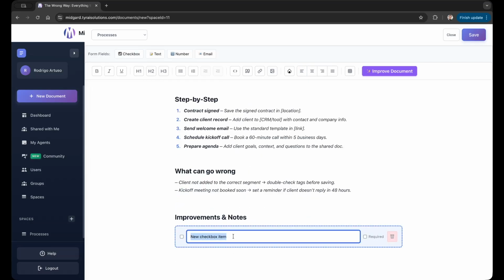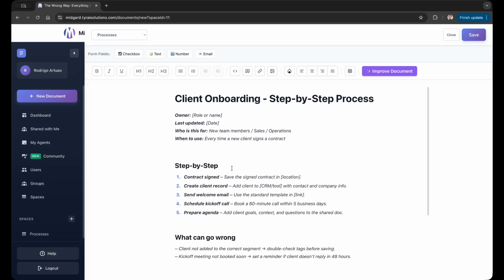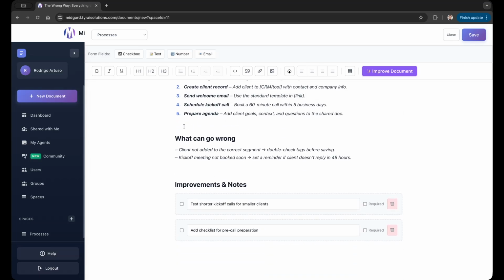I'll say my first checkbox will be test shorter kickoff calls for smaller clients. And let's add another one inside here. Let's add checklist for pre-call preparation. Perfect. So now we have a simple process here, a simple document, step by step. And this document will actually help people. It has a title with a purpose, a context block, clear steps, what can go wrong, and a place to